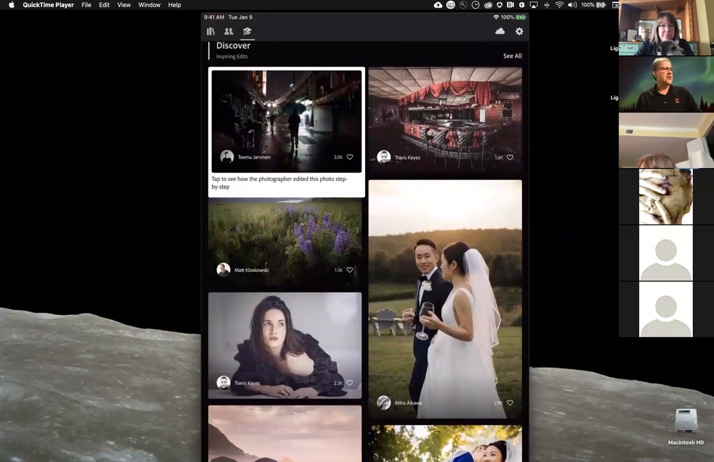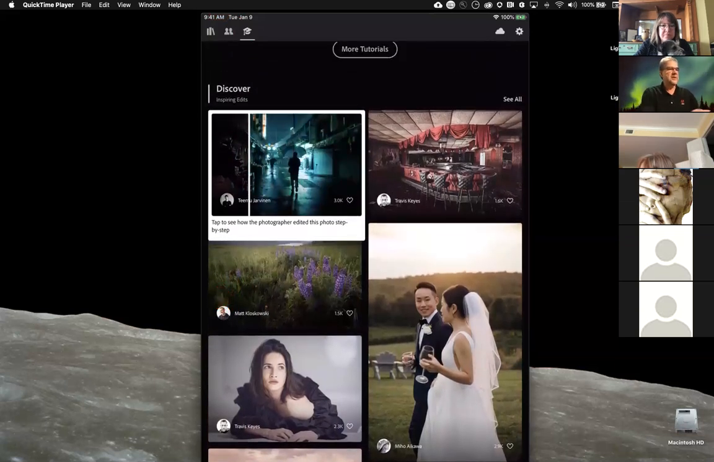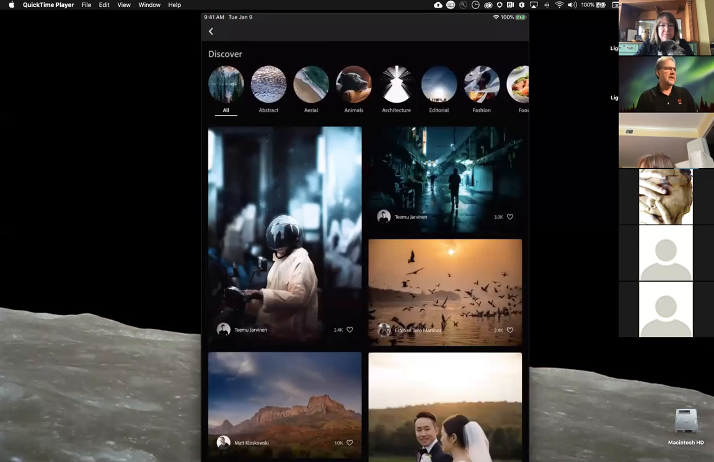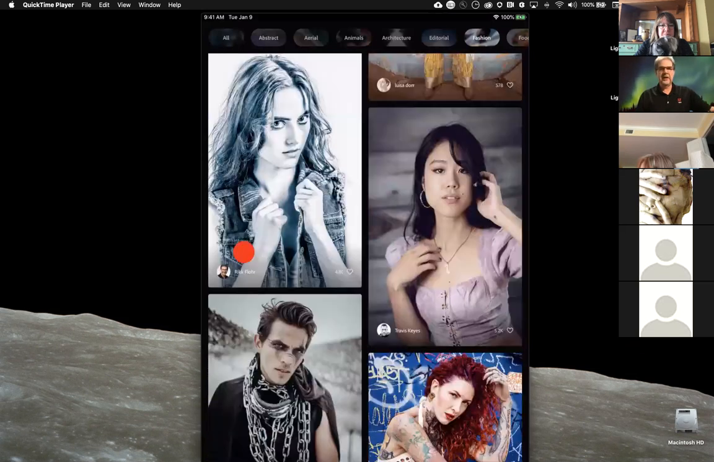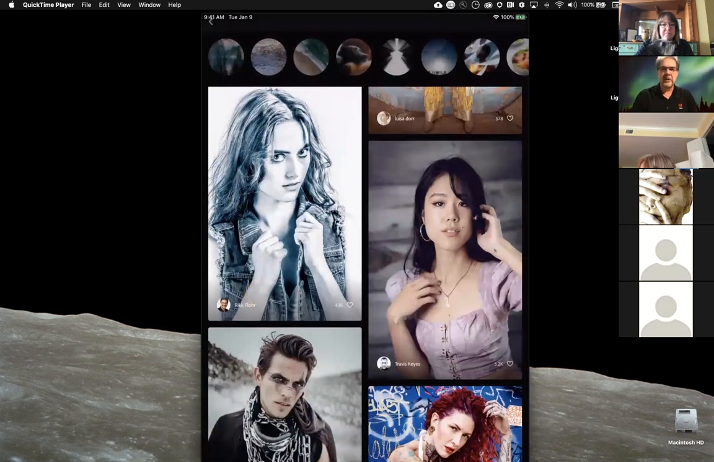And I'm just going to show you for an example. It says Discovery Inspiring Edits. I'm going to hit the See All button, and I'm going to go to Fashion. And if you look at this blue picture right here, this girl in blue that looks like faded denim, that's actually one of my photos and one of my images. And if you tap on that,